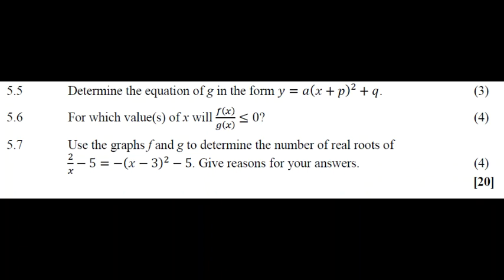5.6 is saying for which values of x will f of x over g of x be less than or equal to 0. So this is quite a level 4 question which requires a deeper understanding of the inequalities and the graph interpretation. And so here, trying to decipher it, my interpretation was this: at which value or values